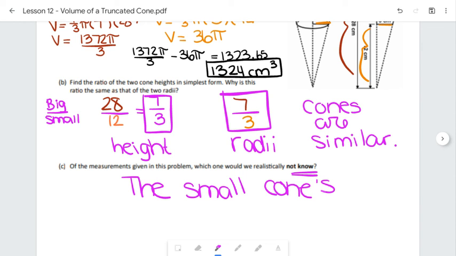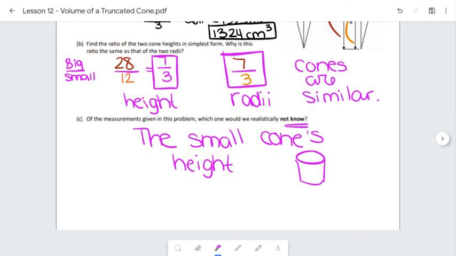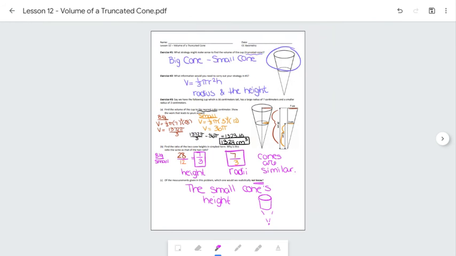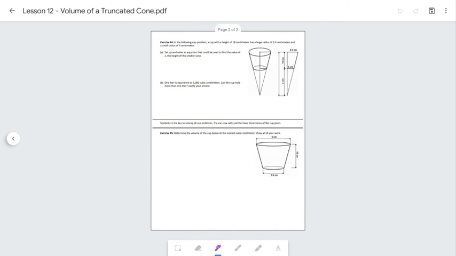And we could find part of it, like we would have its radius, but not its height. Because if it's a cup, we know a cup would look more like this. And of course, we can extend this in, but that bottom piece won't be there. So,